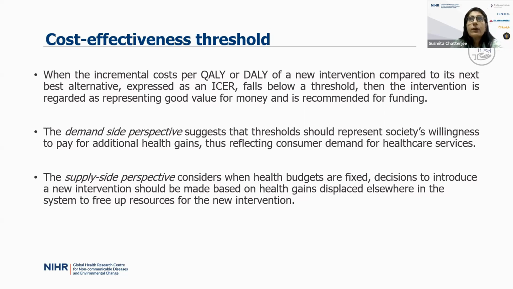The demand side concept tells us that we, as the consumer, have a preference for our health, right? So we can tell how much we are going to pay for getting this health benefit. Say, for example,